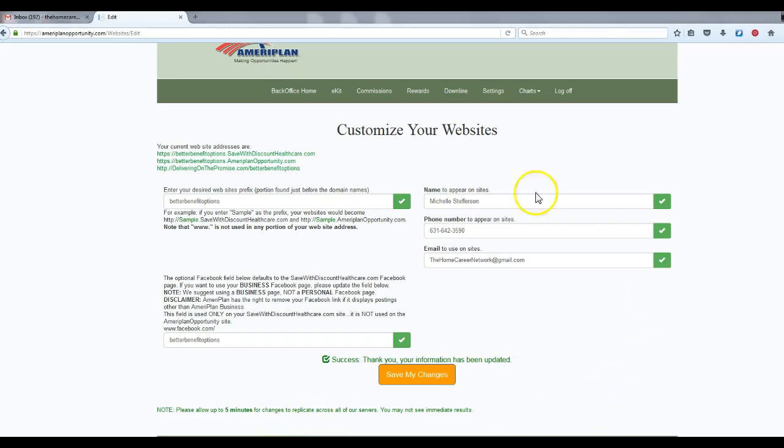So if you're going to go in and take a look at your websites after you changed your ID number to a word or phrase for the prefix, or what I like to call the username, give it a little bit of time to populate. And really, that is it